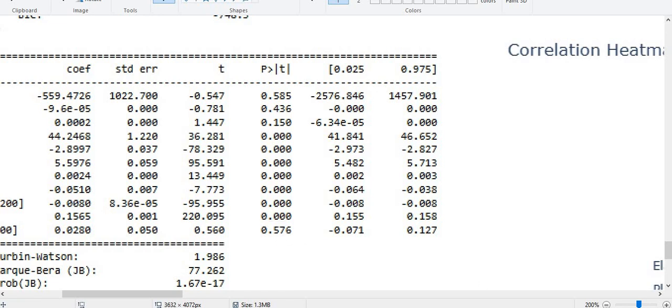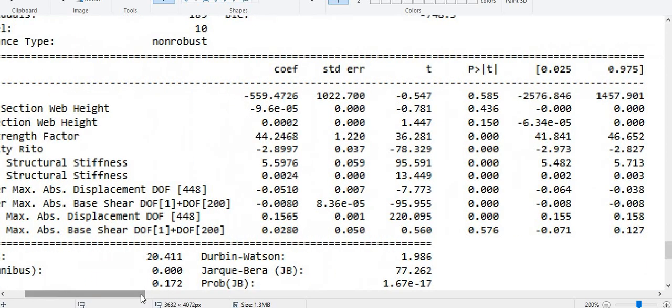So in the next process we're going to omit this data